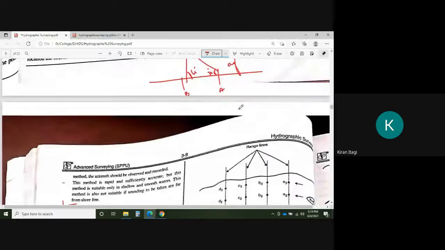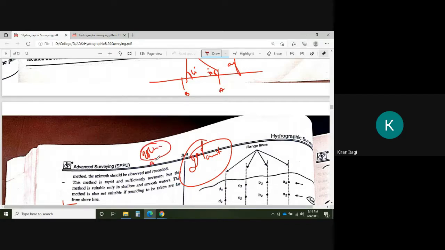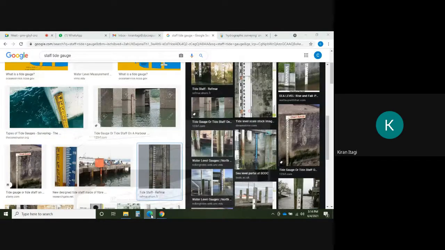So this is the end of your second unit. If anybody has doubts, you can ask me. And just keep in mind, if your exam is in offline mode, remind me, I will take the numericals on the analytical method. It is very important. 100% you will get it in the exam, so don't neglect that one. Explaining the analytical method sitting here is quite difficult, but I will try to explain. Just remind me if your exam is in offline mode.